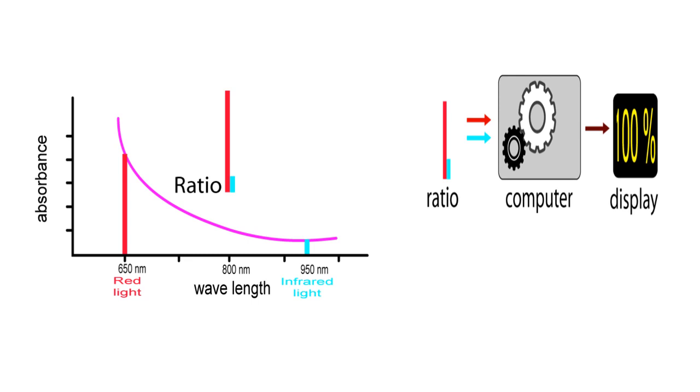So, the pulse oximeter works out the oxygen saturation by comparing how much red light and infrared light is absorbed by the blood. Depending on the amounts of oxyhemoglobin and deoxyhemoglobin present, the ratio of red light absorbed compared to the amount of infrared light absorbed changes. Using this ratio, the pulse oximeter can work out the oxygen saturation, and this ratio is analyzed in the computer and then displayed on the screen.